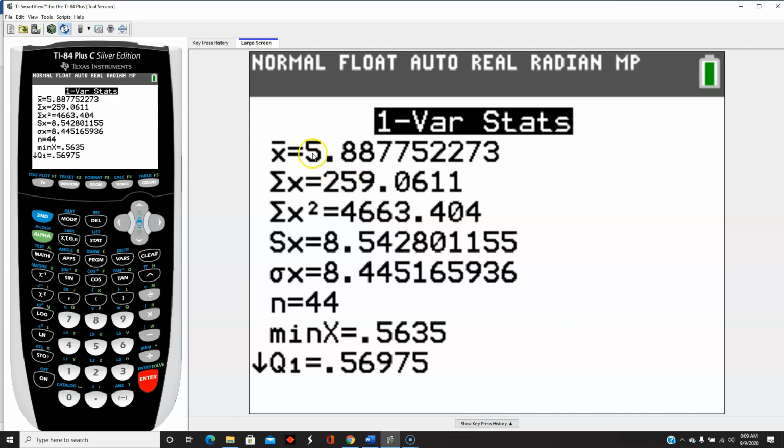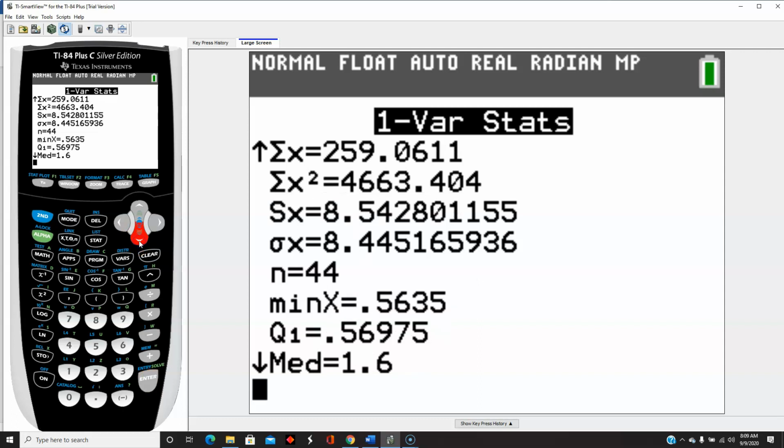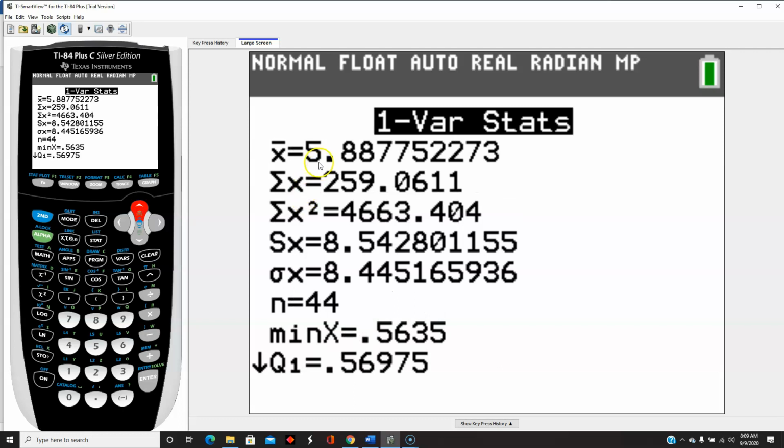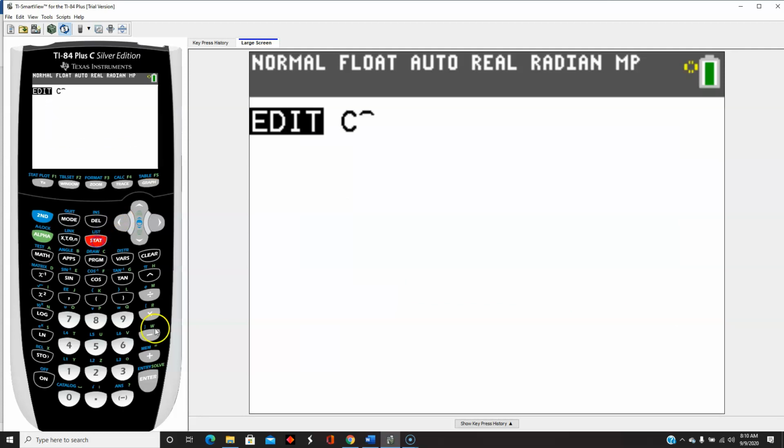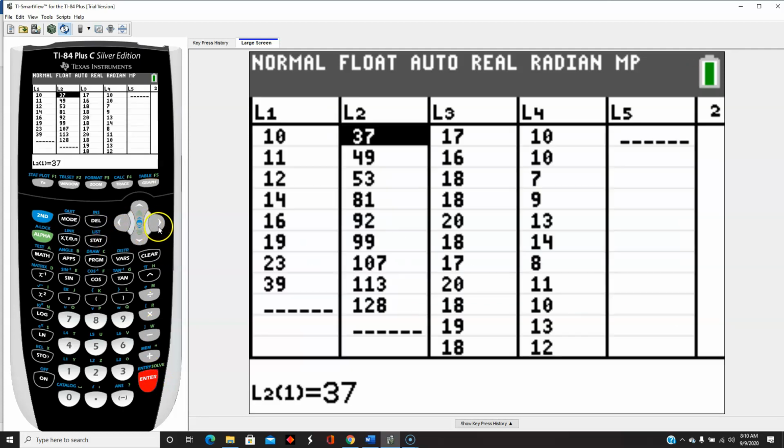The mean salary for the Dodgers is 5.8 million, but the median salary is only 1.6 million. So there's a huge difference between the median at 1.6 and the mean at 5.8 because of how severely skewed the Dodger distribution is. As a matter of fact, if I was to look at the Dodger salaries,